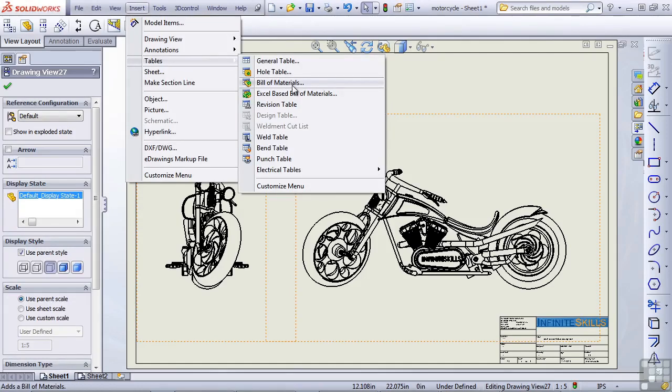You'll notice that there are two types of bills of materials available. One is just referred to as a simple bill of materials, and this is made from the generic SOLIDWORKS-based chart functionality. The other bill of materials is based on Excel. In order to use an Excel-based bill of materials, you must have Excel installed on your computer. This will work better with later versions of Excel, although I know for a fact that it will work as far back as 2003. I'm just going to use the SOLIDWORKS-based bill of materials to put the bill of materials